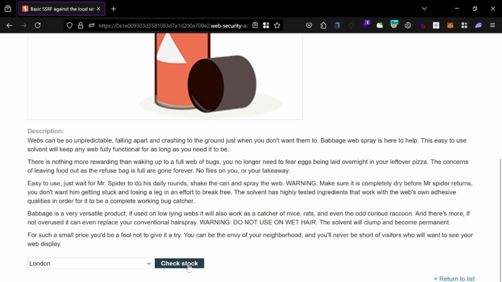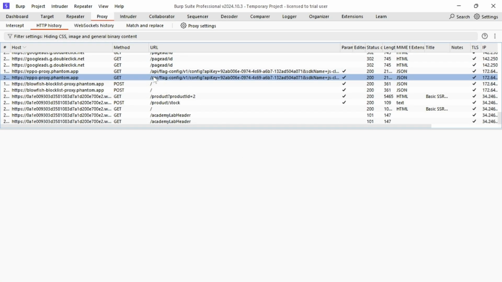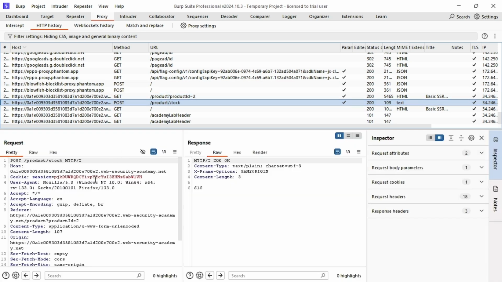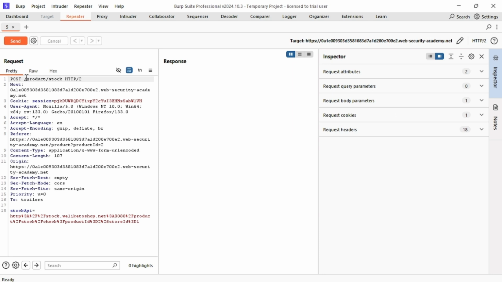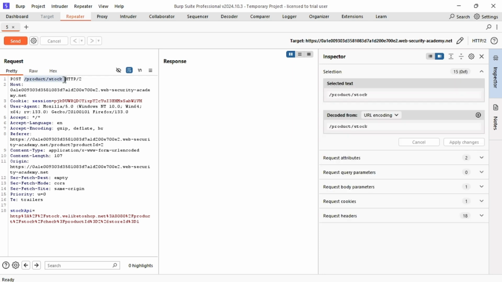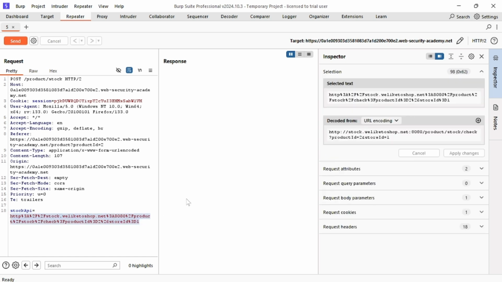Click on the check stock option, capture it in the proxy tool, filter that request for product stock, and send it to Repeater. After that you will see the product stock, and below it the stock API, which is fetching some URL like